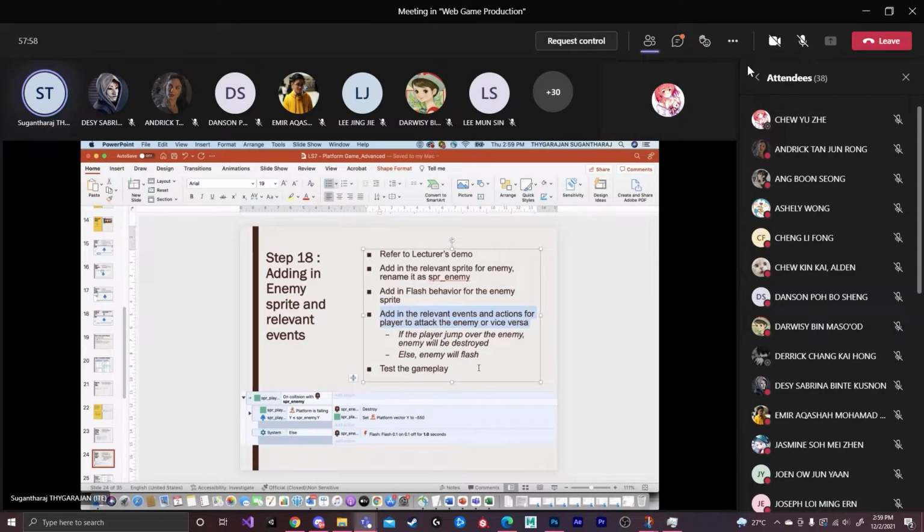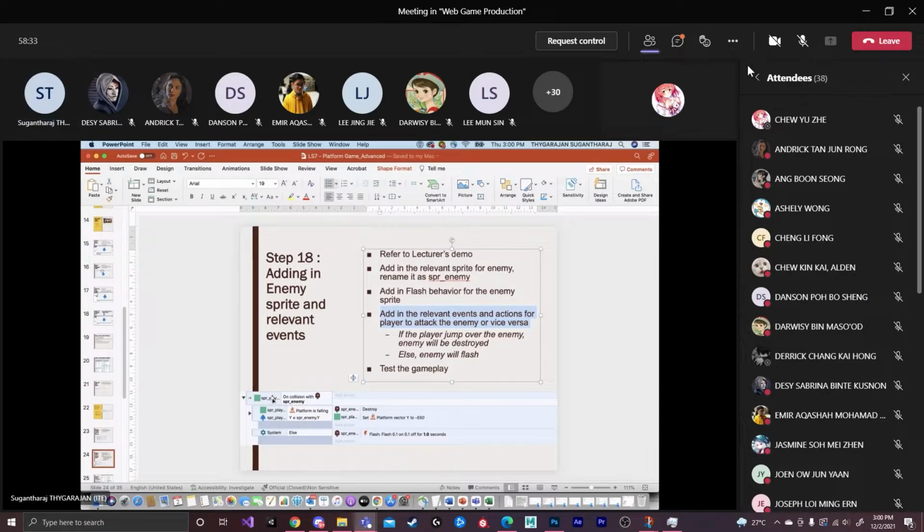Now you need to go to the SPR player. The SPR player is nothing but the SPR player box. The SPR player box is going to collide with the enemy, and you know that the SPR player is actually following the SPR player box. That's why instead of SPR player, we are using the SPR player box. For all the actions dependent on the SPR player, you need to use the SPR player box.